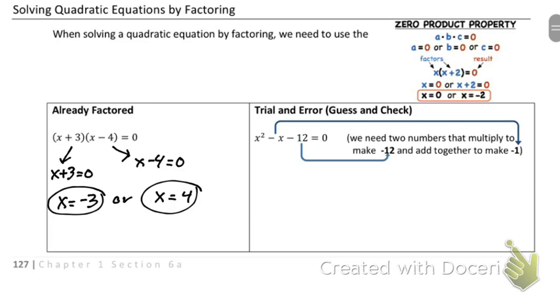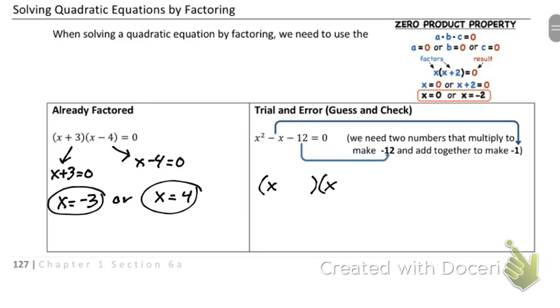When I plug 4 back in, it makes this part 0. When I plug negative 3 back in, it makes that part 0. That's the whole goal of factoring, is to use that zero product property to come up with our zeros. So one method for factoring is just a guess and check method. And with guess and check method, all you're going to do is come up with, because we're always coming down to a binomial,